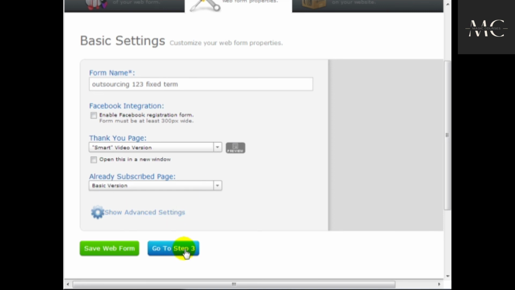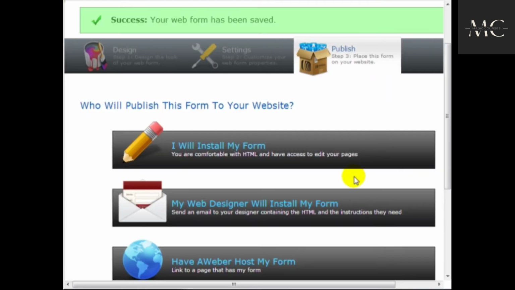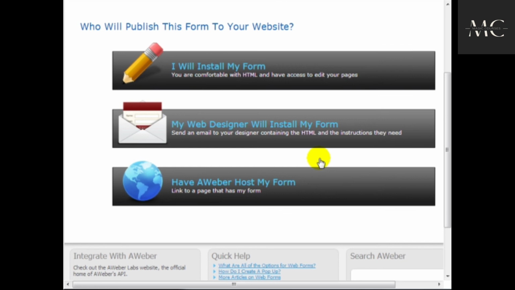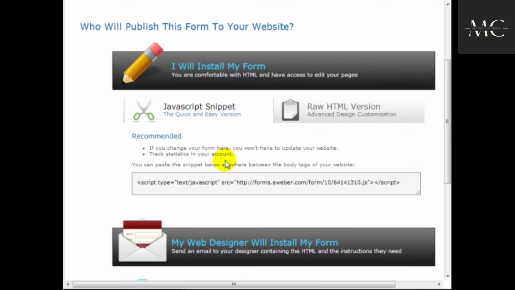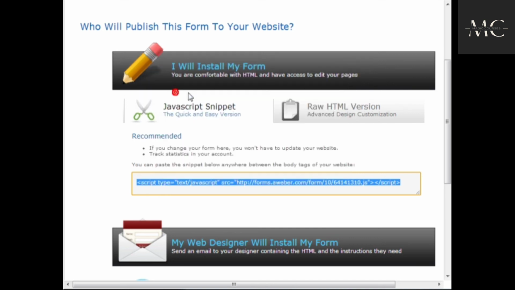Click on Go to Step 3. Click on Save Web Form, of course. And then I'm going to want to get the HTML or JavaScript code. So it says, let's see, I will install my form. All I need is the JavaScript. So simply highlight this, right click, click copy. And then what I want to do